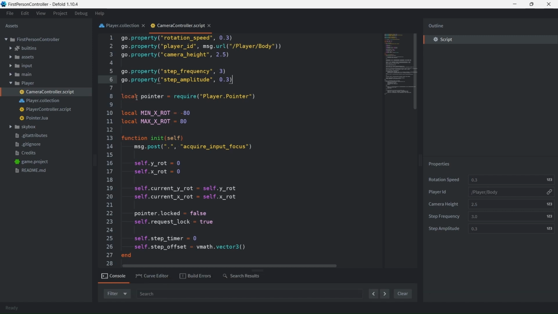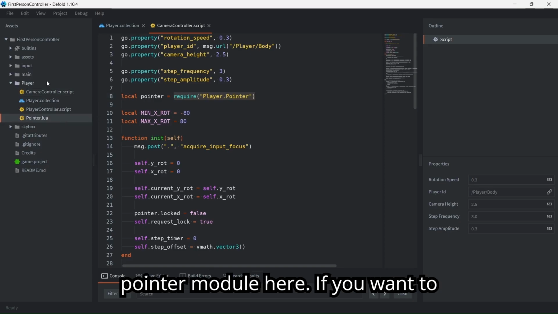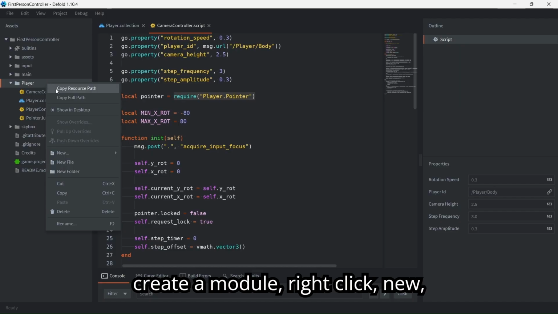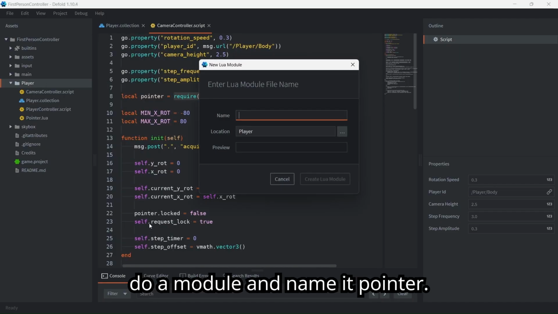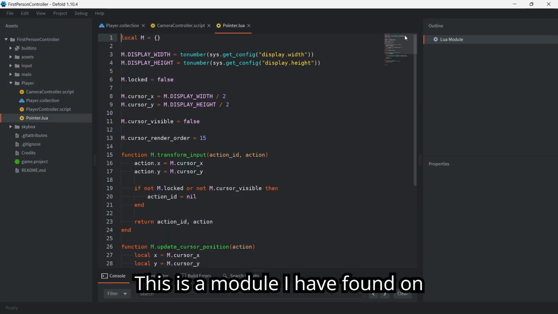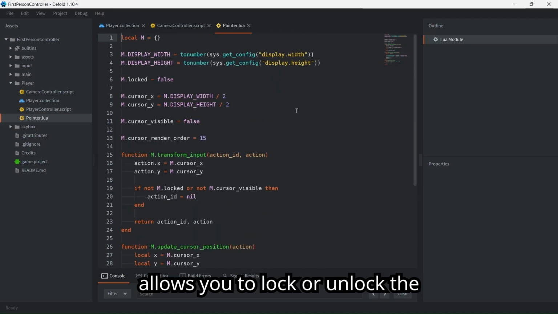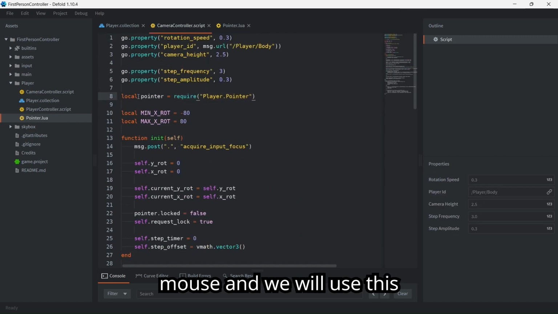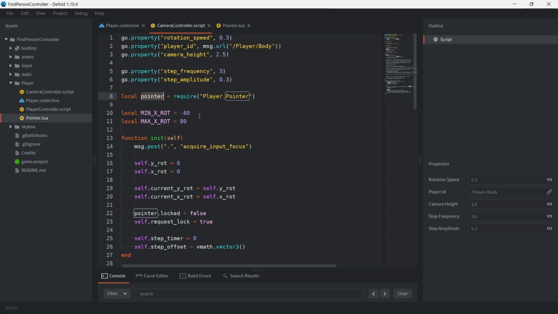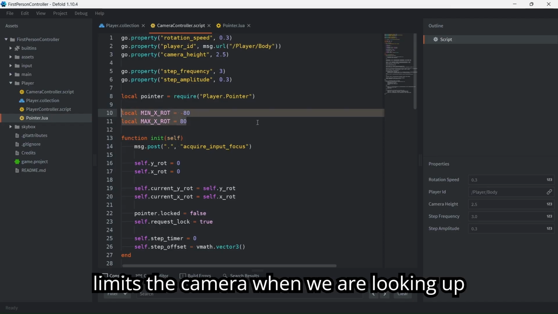Then we have a local variable named pointer, and it requires the pointer module. As you can see, we have a pointer module here. If you want to create a module, right click, new Lua module, and name it pointer. This is a module I found on the Defold forums, and it basically allows you to lock or unlock the mouse, and we will use this pointer for this purpose. We have a minimum X and maximum X rotation,